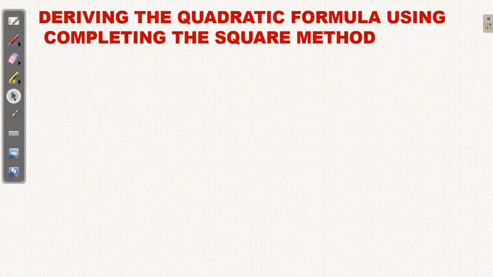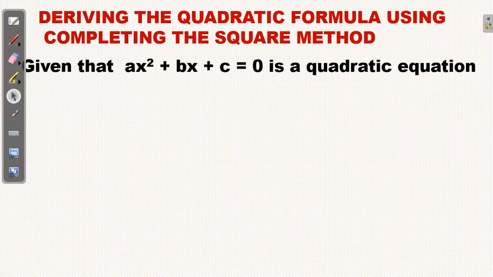A quadratic equation is an equation in which the highest degree of the unknown variable is 2. So this is a quadratic equation. Why? Because the highest degree of the unknown variable x is 2. So given this quadratic equation ax squared plus bx plus c equal to 0,